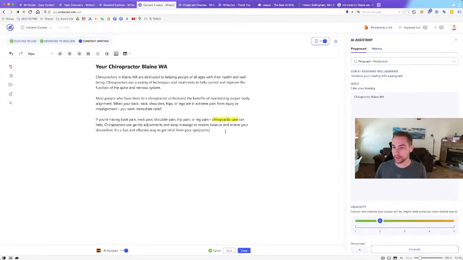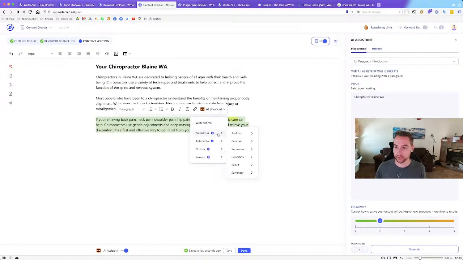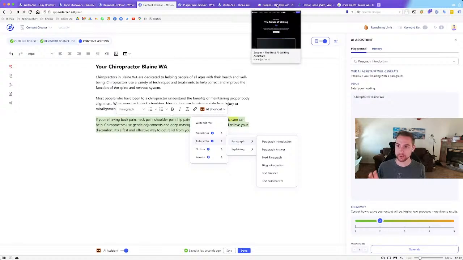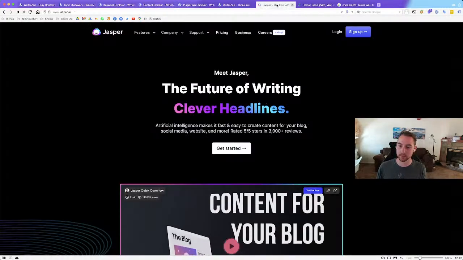And then we can probably take this, and here's an AI shortcut, and you can write a transition in addition, plus furthermore, you can contrast, sequence, condition, result. Lots of really cool ways of writing very topical and user-friendly content here,